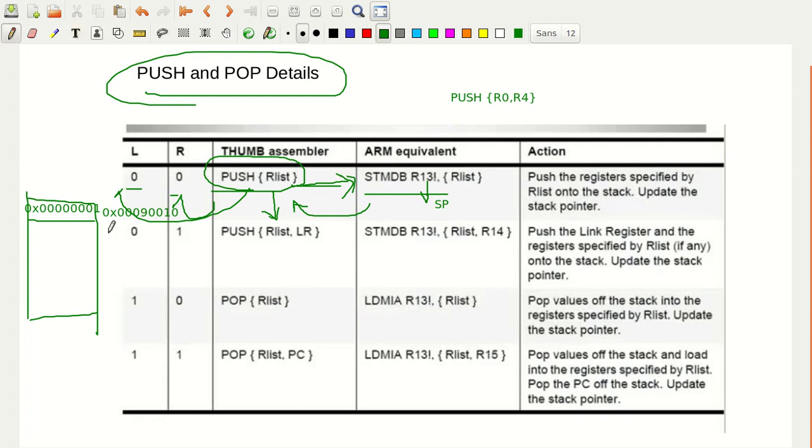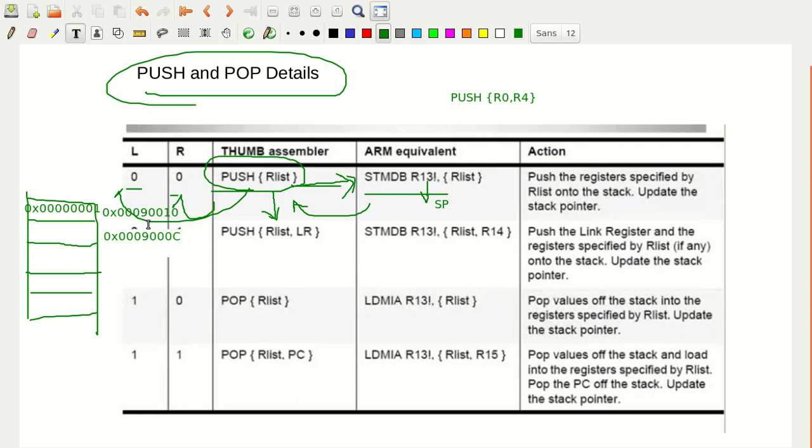So what happens here? Next address, let me write some addresses here: 0x0009 000C, isn't it?